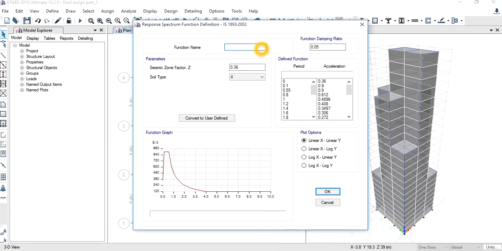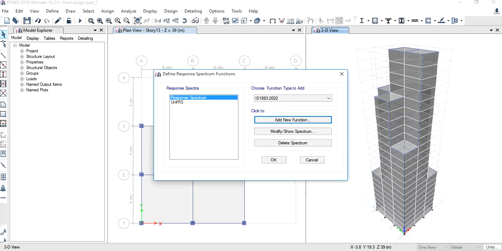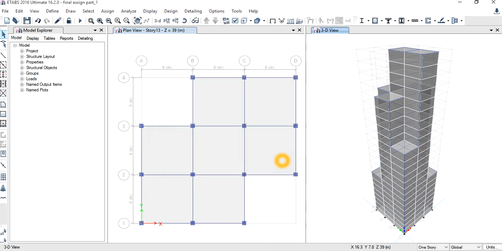Give the function name as response spectrum. Select the seismic zone as 0.1 as per the IS code and soil type as 2. Also the function damping ratio is 0.05. Click on OK. Click on OK again.